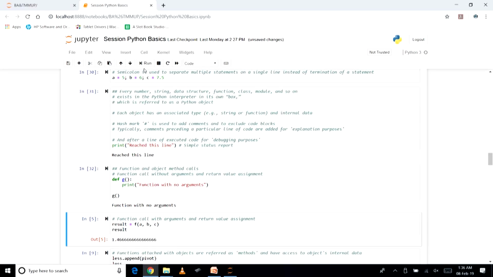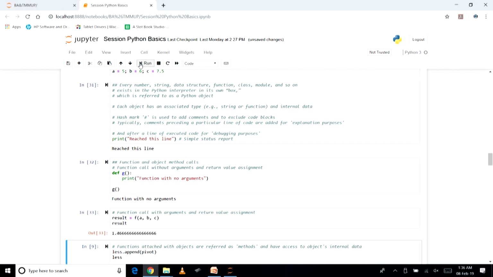We pass these arguments a, b, c, and whatever functionality is present in the f definition is going to be executed, and the return value is going to be assigned to the result variable. So let us run this, and you can see the next line was result itself. We got in the output the value 1.46. Let us move forward.